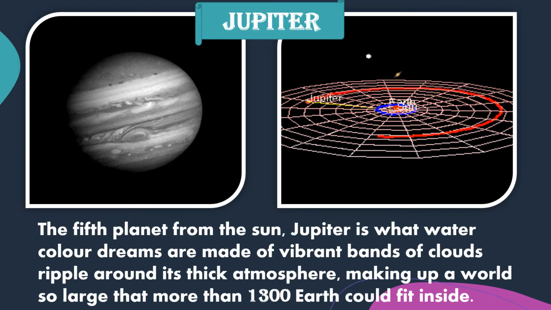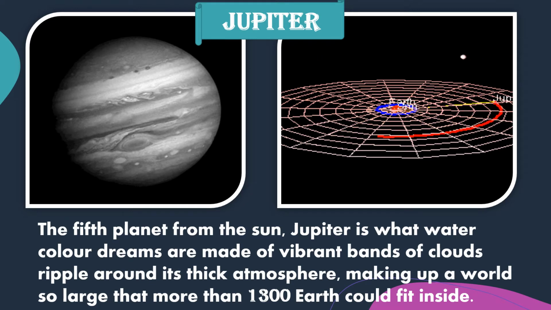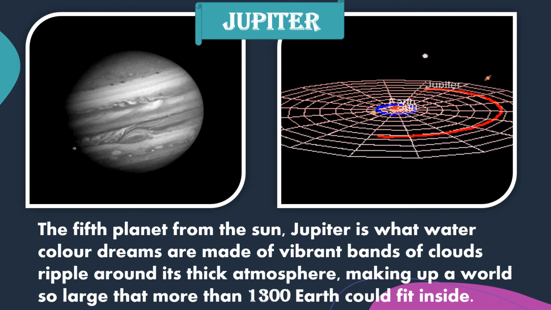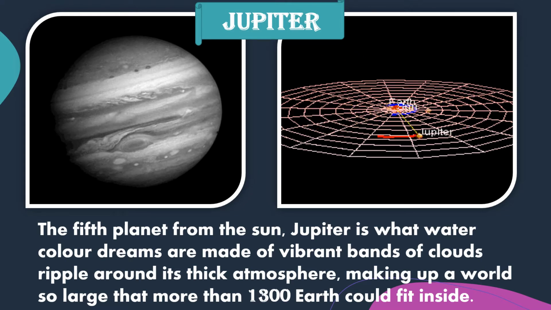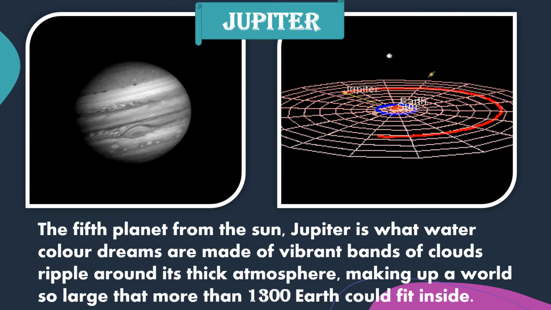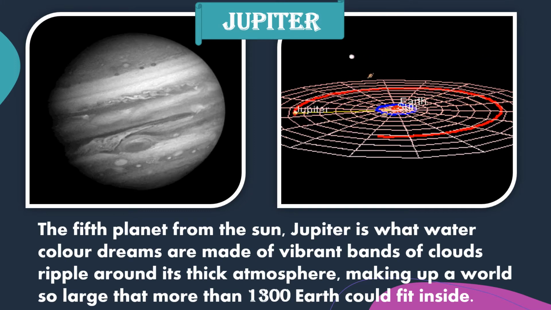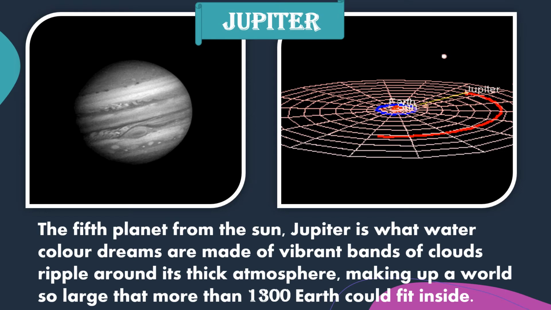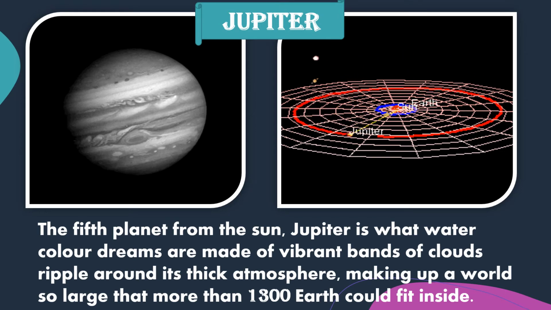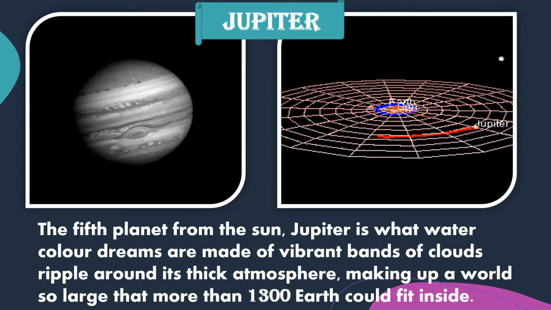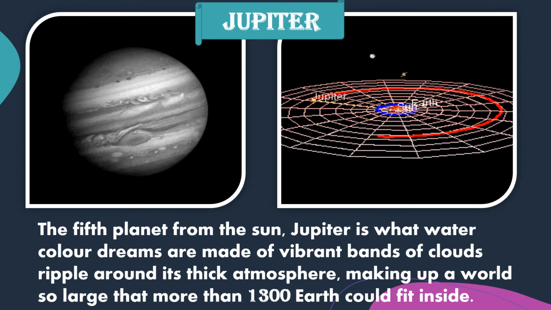Fifth in line from the Sun, Jupiter is by far the largest planet in the solar system, more than twice as massive as all the other planets combined. Jupiter's familiar stripes and swirls are actually cold, windy clouds of ammonia and water floating in an atmosphere of hydrogen